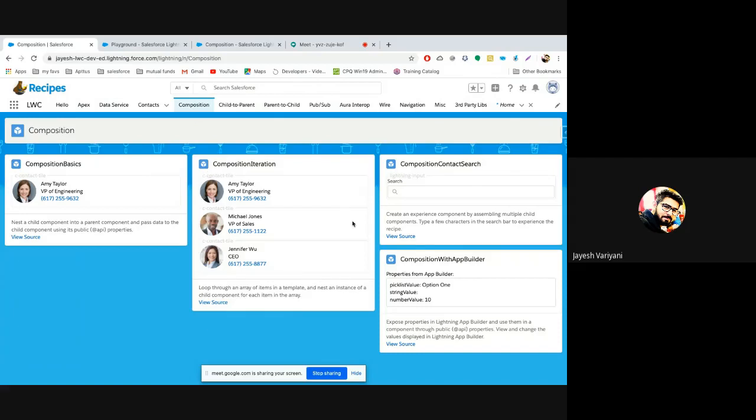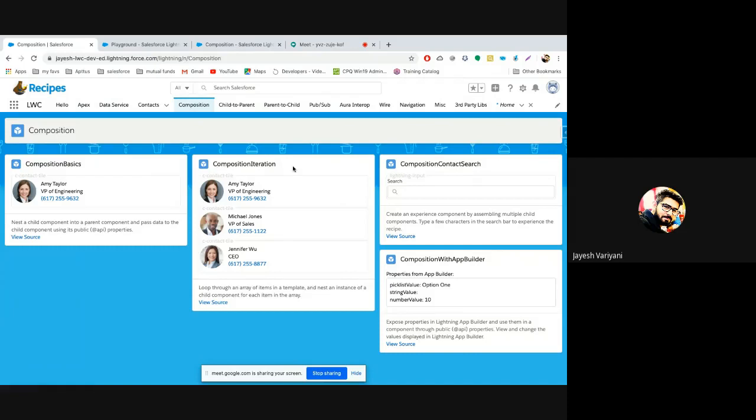Just like when building a website, we have the header as something and the footer as something, and only the body, the middle part of the page, gets changed. Here as well, we have this c-contact-tile, which is the child. It is only one component, but it is iterating 3 times. That's the reason we are seeing c-contact-tile 3 times, but it is only one.